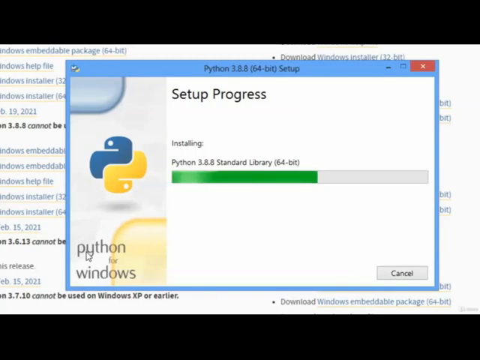Python has a wide library and many classes, and it is a general purpose programming language as compared to other programming languages. It has a standard library with so many classes. It has a test suite, and while installing, all these things are being installed.